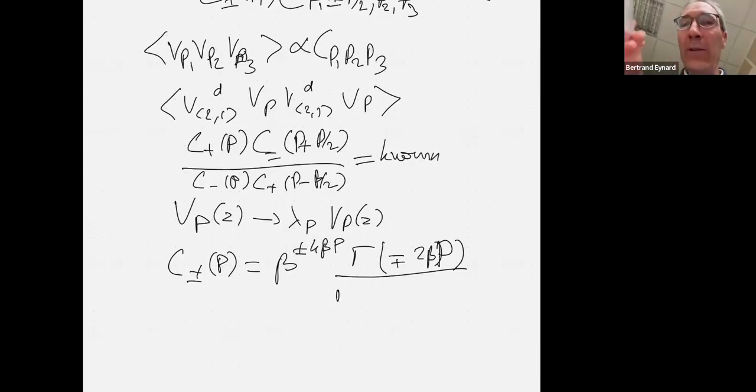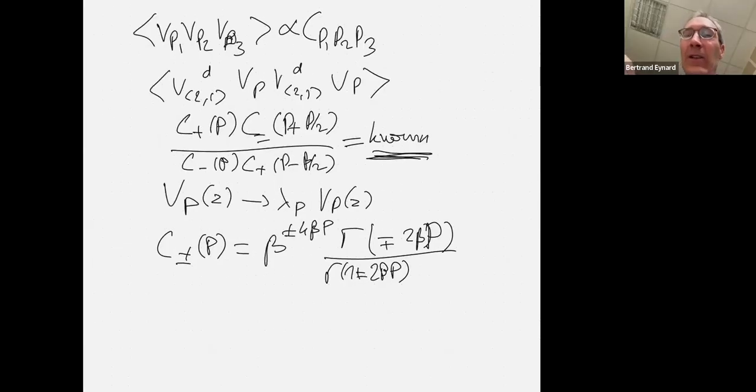Sorry, let me write this a bit more cleanly. And it's not a big surprise that this solution is written in terms of gamma functions, because after all, the known right-hand side is a bunch of gamma functions. So then, in fact, it's quite clear why this solution makes things simple, because now I plug this solution